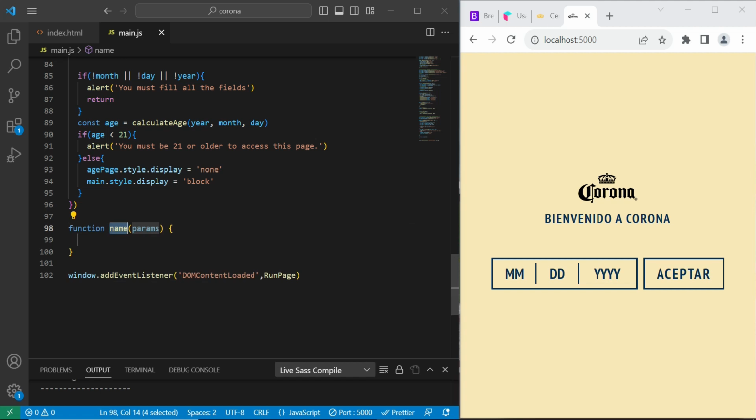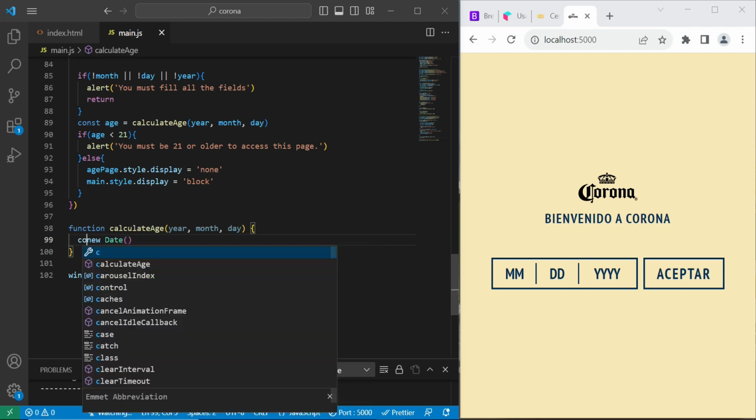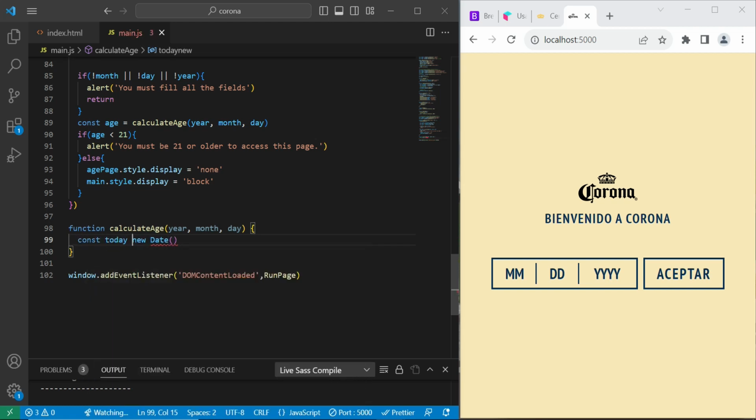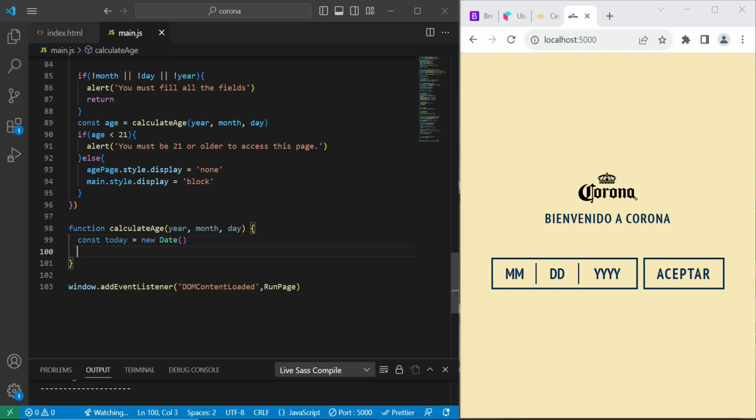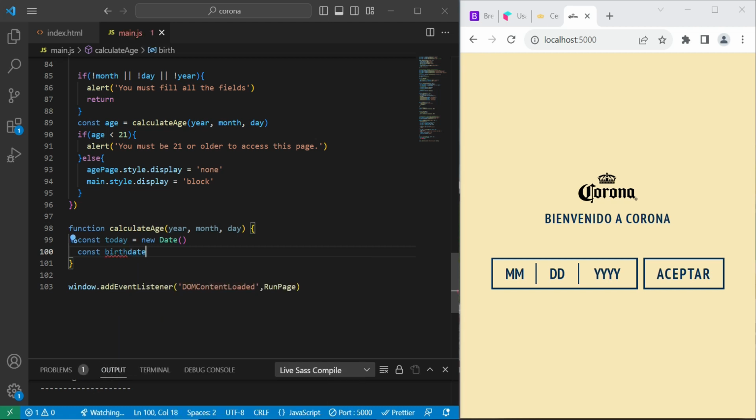Function and basically calculate age. So I'm going to grab it, paste it to have those params, and then we need to get the current date by using the new date constructor. That's the way that we can get the current date. Now next I need to get my birth date, so const birthDate should be equal to,